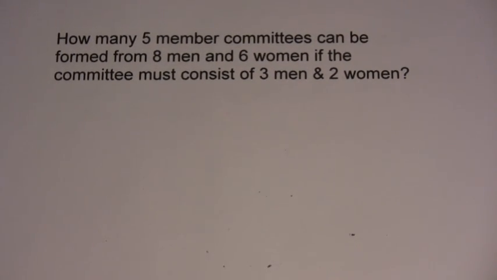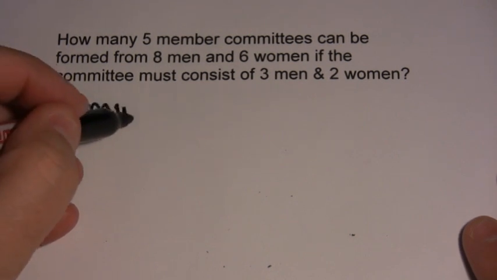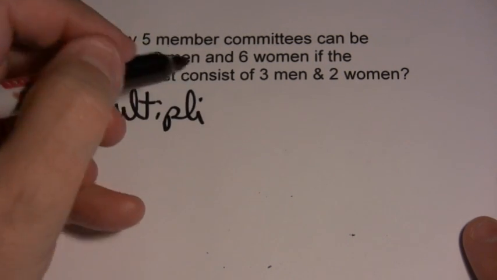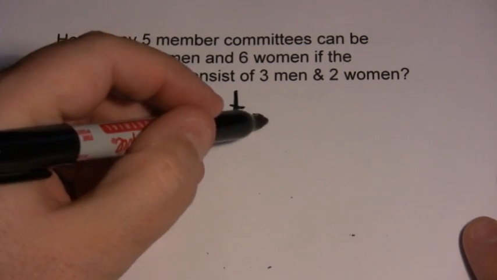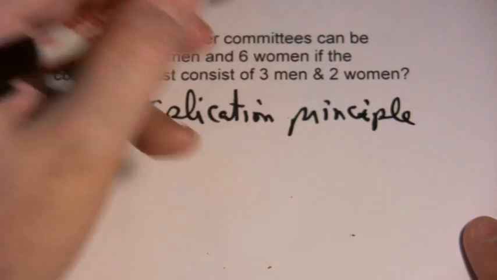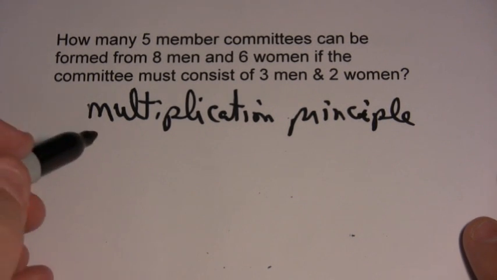How many 5-member committees can be formed from 8 men and 6 women if the committee must consist of 3 men and 2 women? Now when you come right down to it, this is really, from a high level point of view, just a multiplication principle problem, which says if you do a series of things, the number of ways to do the whole series of things is just the product of the individual selections. So basically here we're choosing men and then we're choosing women. So the multiplication principle would say